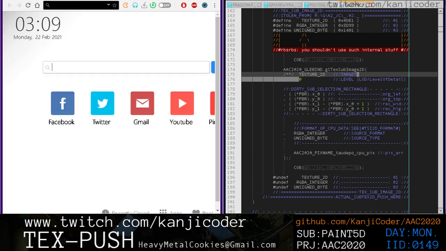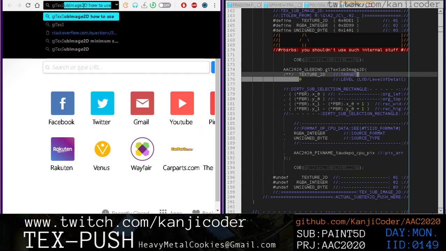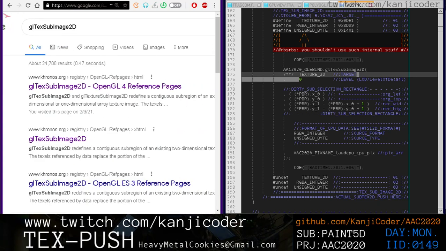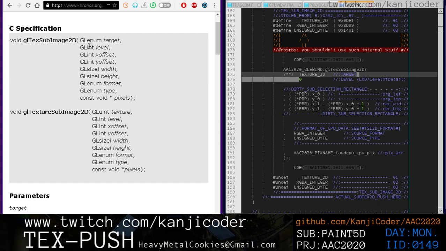Yeah, so let's go look at that, because I think my signature is wrong. glTexImage, or glTexSubImage2D. Let's go look at the documentation for that, and see what the signature is. So, target, level of detail, X offset, Y offset, width, height, format, type,